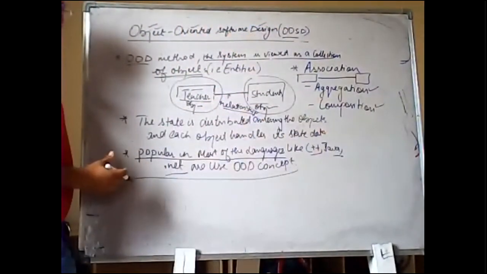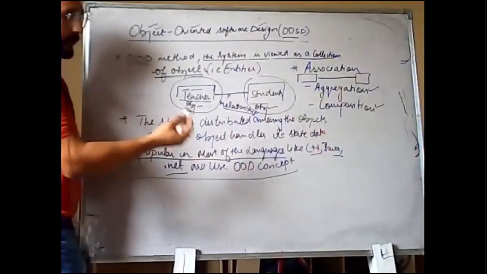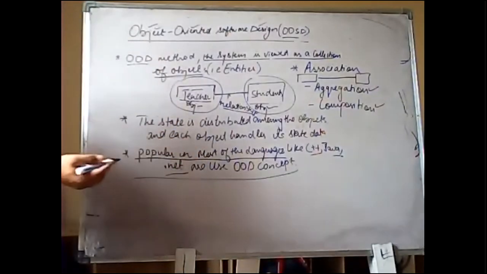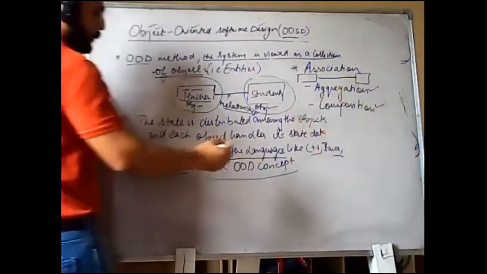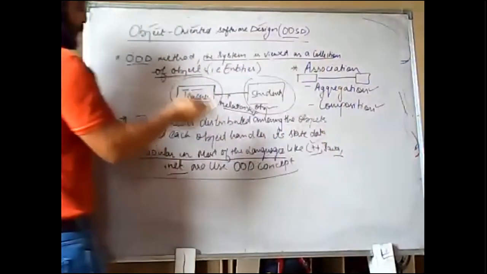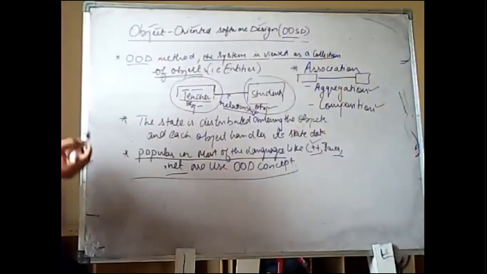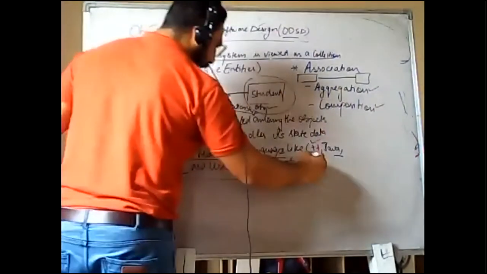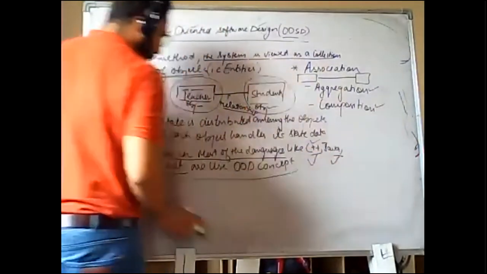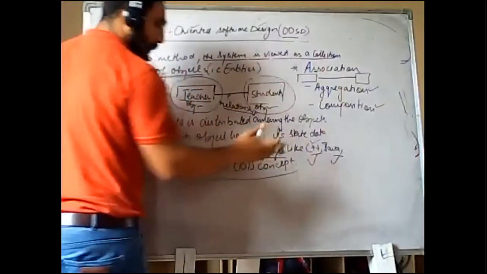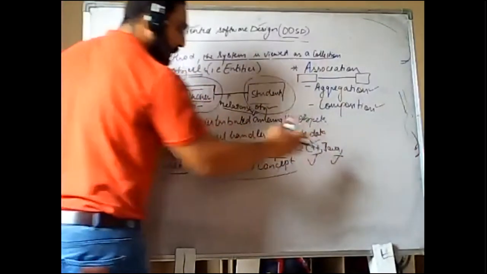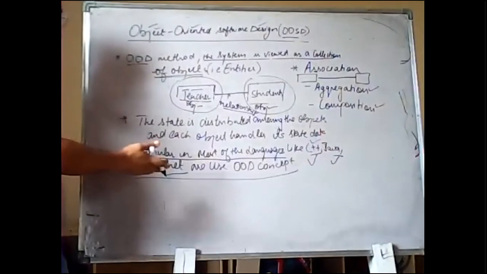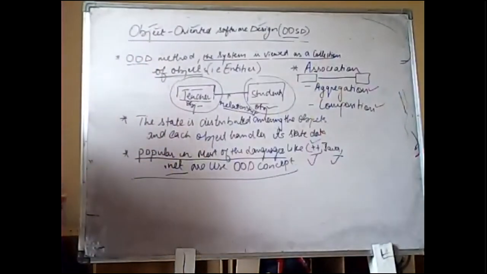First of all, we have to make a design according to what type of language we will use in our coding. If we are using C++, according to that, we will make our design. These languages have the concept of OOPS. In C++, there is a class concept. In Java, there is a class concept. And .NET also has the concept of OOPS.